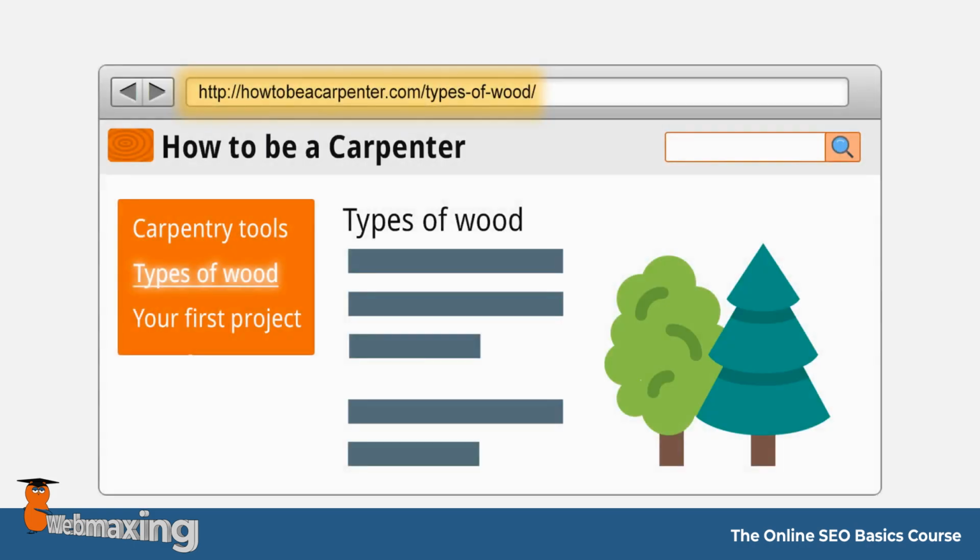Next up is the URL. Is the URL a match, or a close match, of the page's visible title? Your visible title should contain your keyword phrase, so by definition, so should your URL. In our example, it certainly is, but often URLs can look like this, or this. None of these helps a search engine bot understand a page's topic and content. So make sure your URLs are descriptive, but